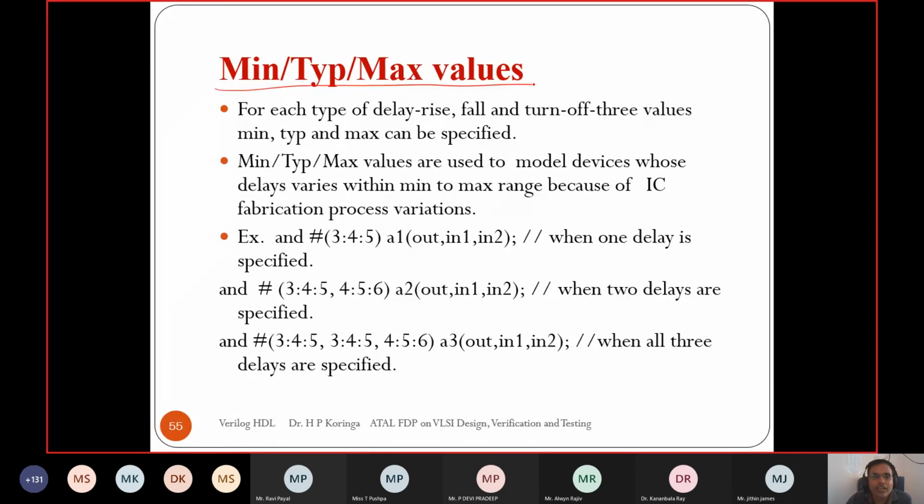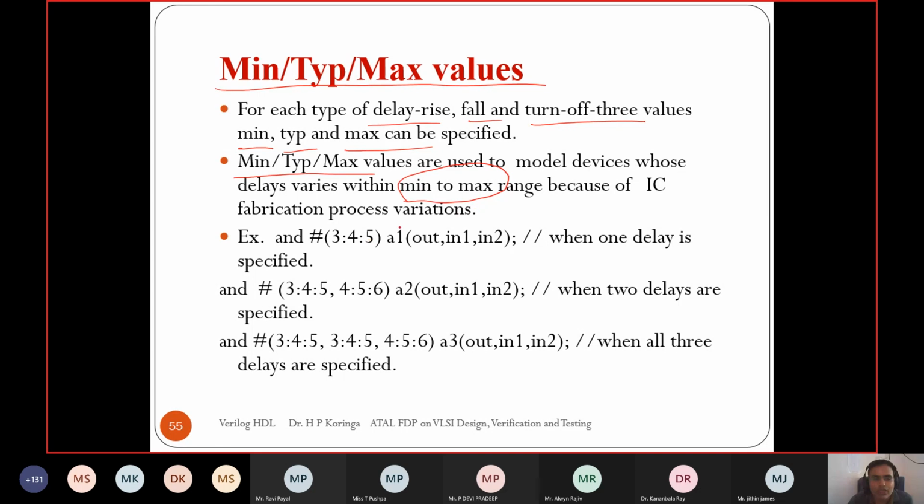Also, each delay has its min, typical, and max value, right? So each rise delay, fall delay, and turn off delay can be specified in terms of min, typical, and max value, in the format min:typ:max. So it gives a range of delay from min to max, and typical is a typical value.